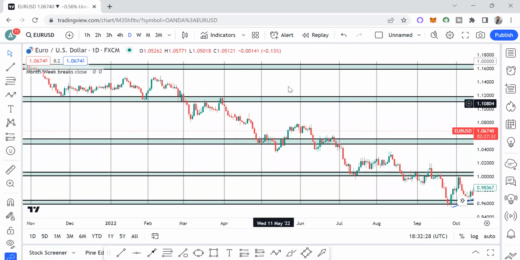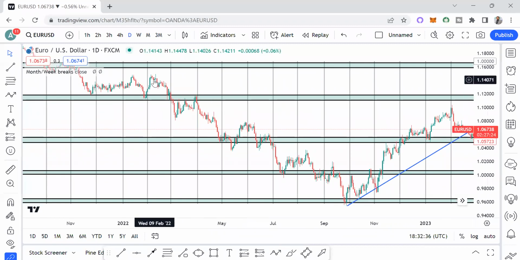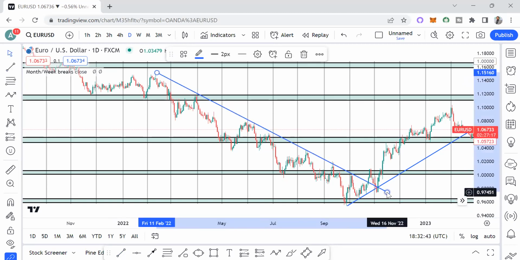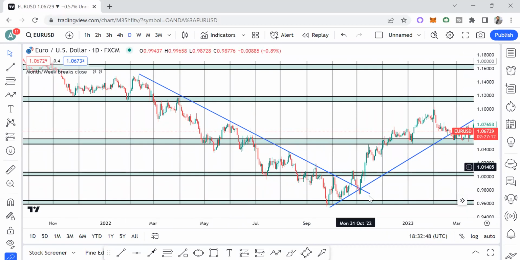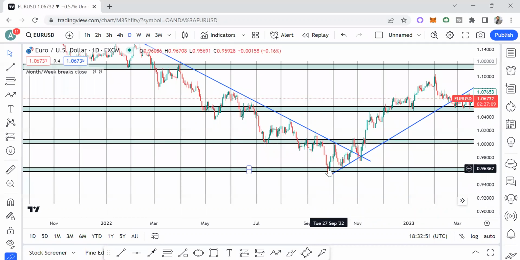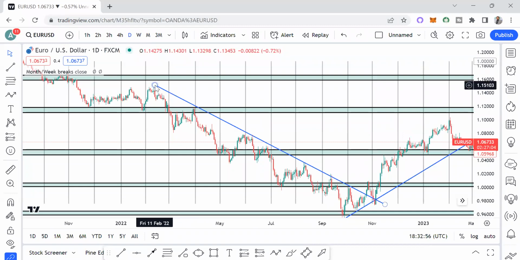You can see the way price came down. From February last year, you can see the way price actually came down before we bottomed here, around September, and then we kept going back up. From February last year, we came down all the way to around November last year. So having said that, if you look at the way price came down all the way from February,